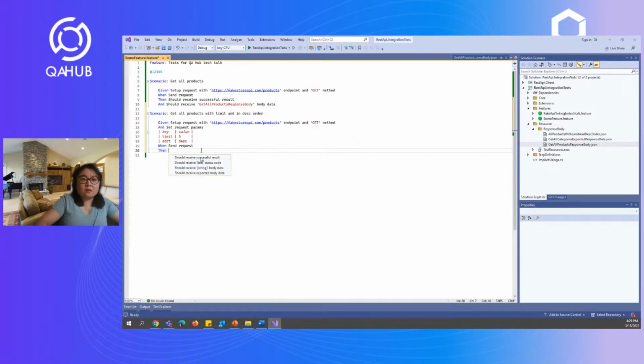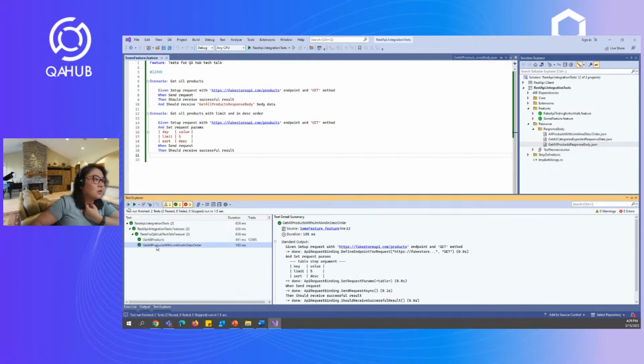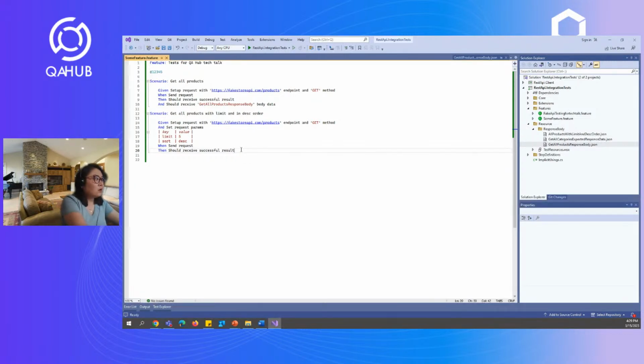receive successful result. So let's run it. So actually we have two buttons here to run all the tests and to run just one test. For example, we can choose to run only one scenario. And you can see here that both of them are passed. And here you can see the output of this scenario. So all is correct. And the last one,